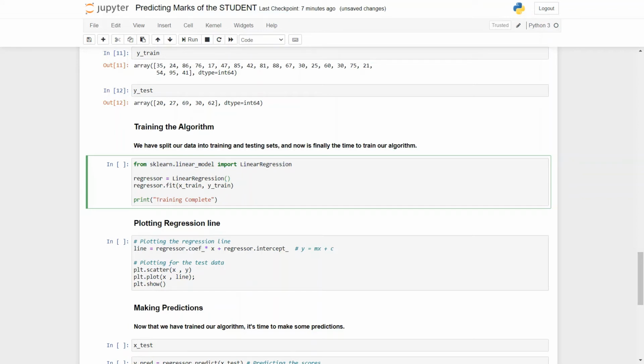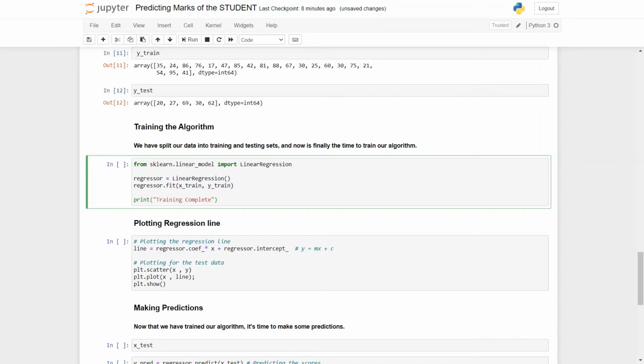Then we instantiate it by defining a variable called regressor and assigning it LinearRegression. Then regressor.fit, giving the values xtrain and ytrain, helps us train the algorithm.